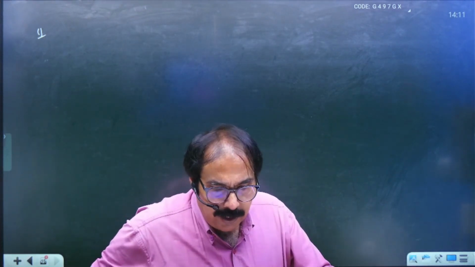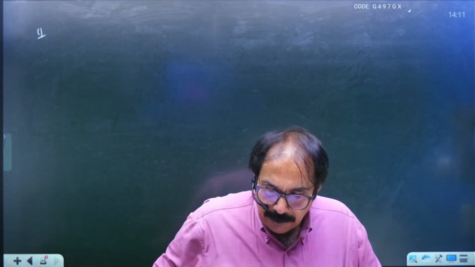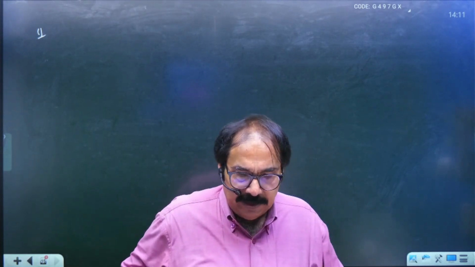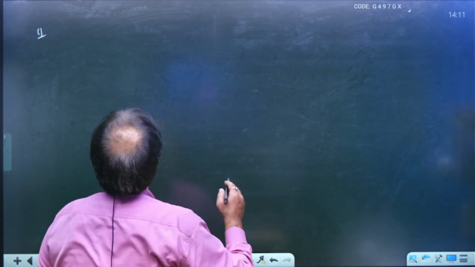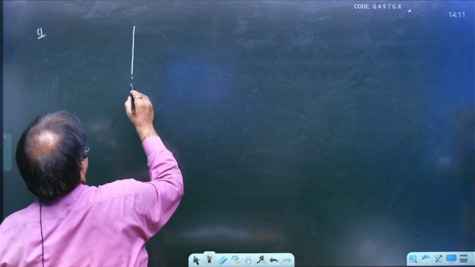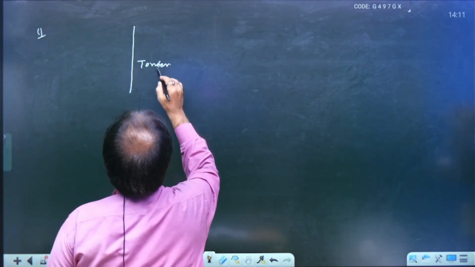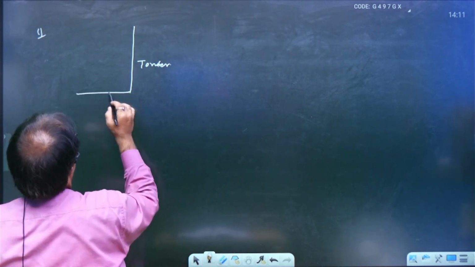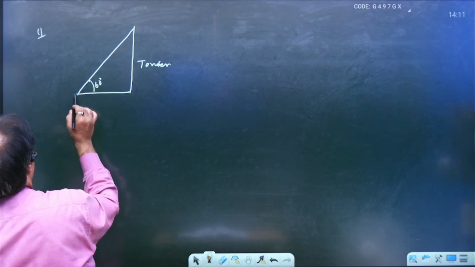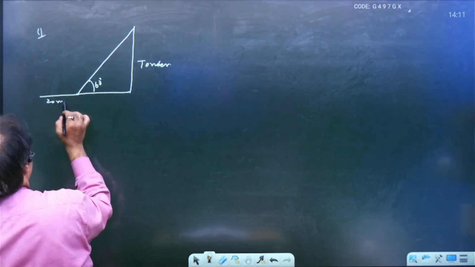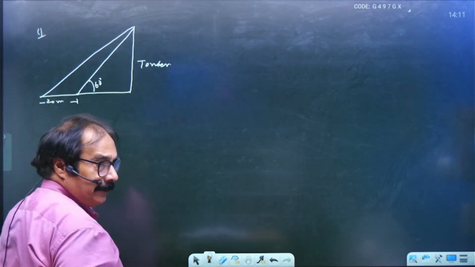From the point on the other bank directly opposite to the tower, the angle of elevation of the top of the tower is 60 degrees, and from another point, the figure is given here. This is the tower. From this point the angle of elevation is 60 degrees, and now 20 meters away from here to here, and now this angle of elevation